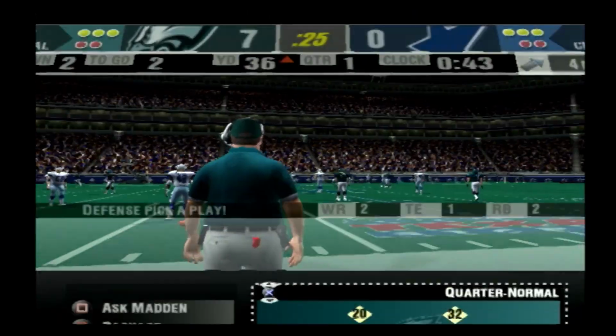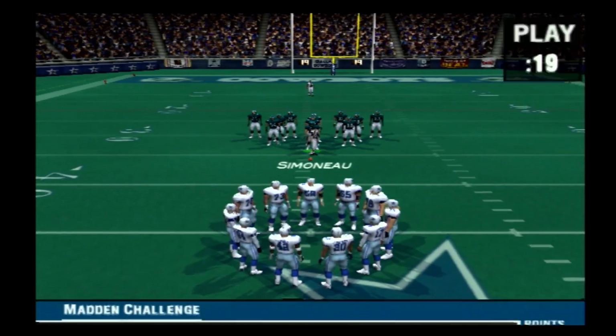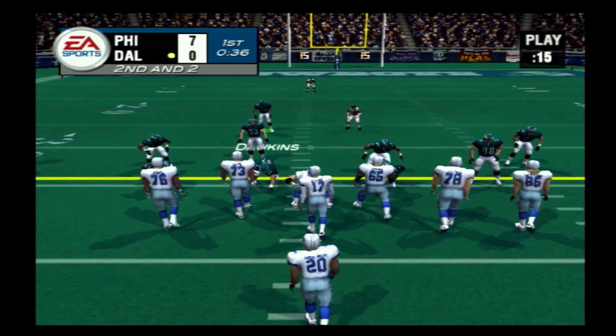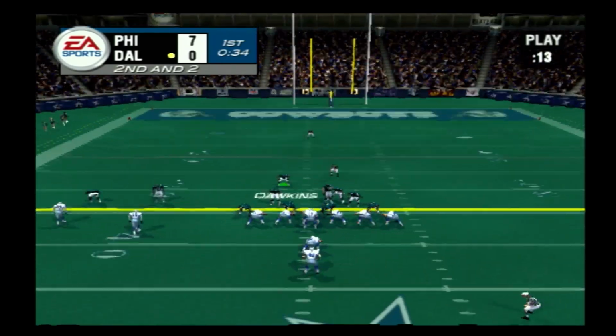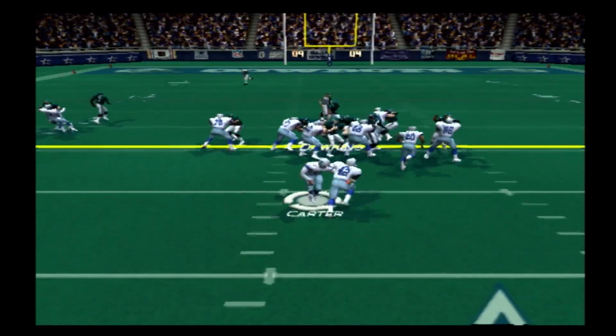The officials are signaling that he grabbed the face mask. Sometimes the defender will do whatever it takes to get a guy down. This time he got caught pulling him down by the mask. 9th play of this drive. Get in there. They carry it